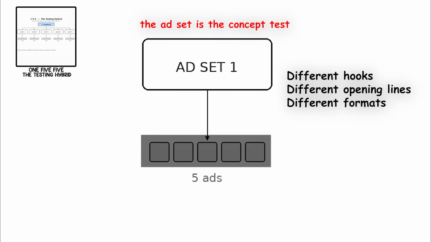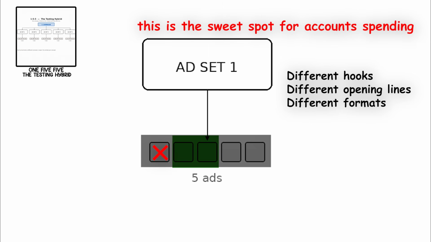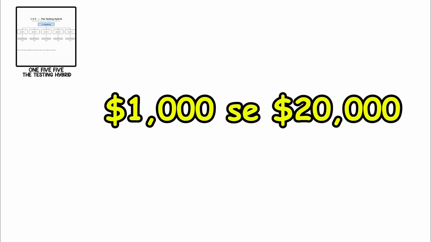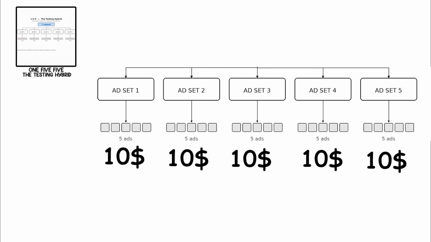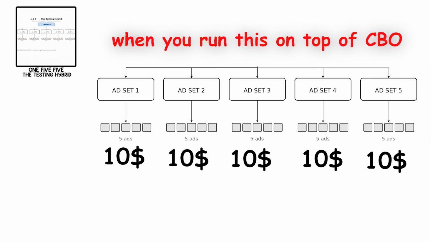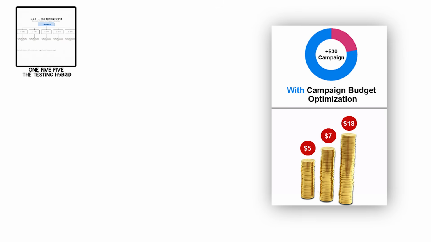You get 5 at-bats per concept. Even if your strongest hook is a loser, your second or third might be the actual winner. Meta picks between them automatically. This is the sweet spot for accounts spending anywhere from $1,000 a day up to about $20,000 a day. Enough segmentation to learn something, enough volume per ad set to actually exit the learning phase. And when you run this on top of CBO at the campaign level, Meta routes the budget to whichever concept